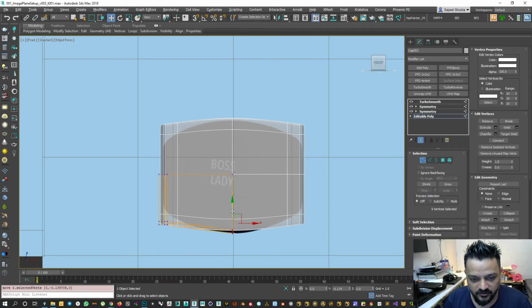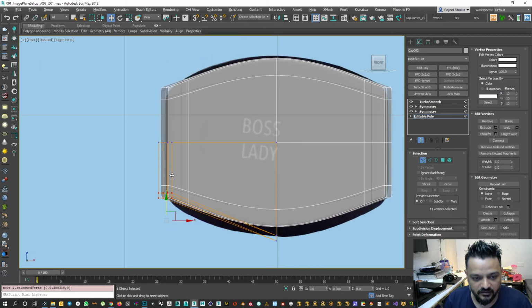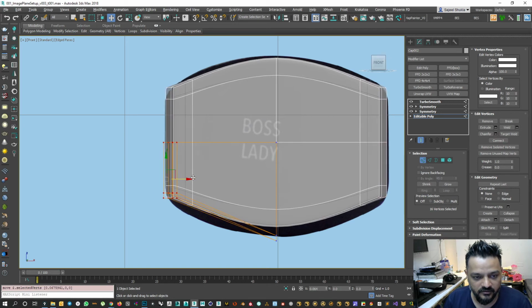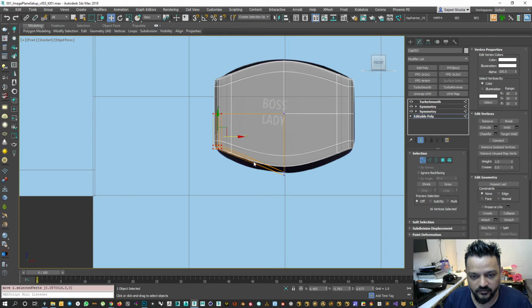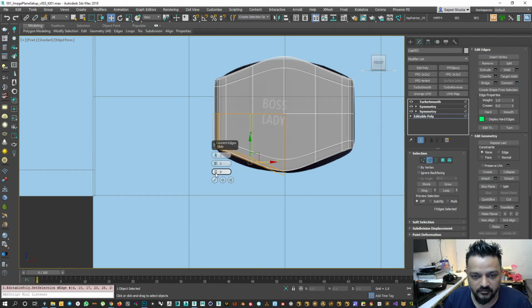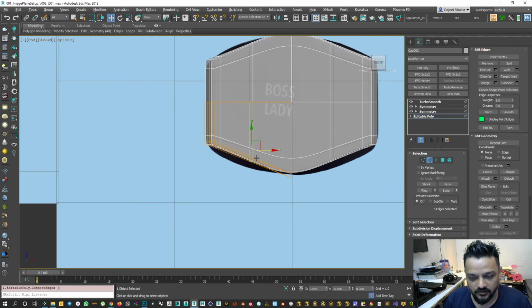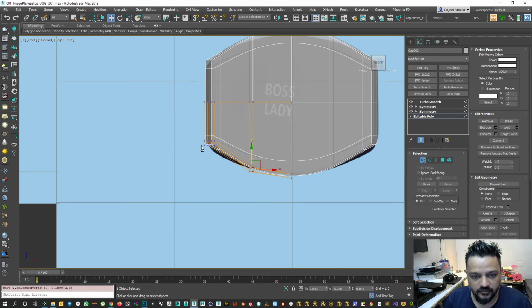So bring this up and bring these guys back, and it's a bit wider, so select all of these, go in a bit, and obviously I need to bring in one set of support edges to bring this shape out. So I'll select all of these, connect, and bring this to center, press OK, get this guy, select that, bring it up, and